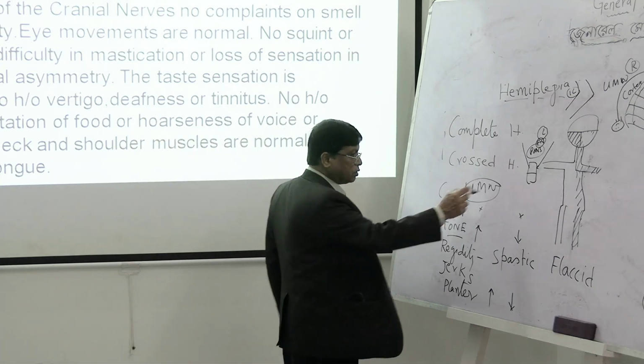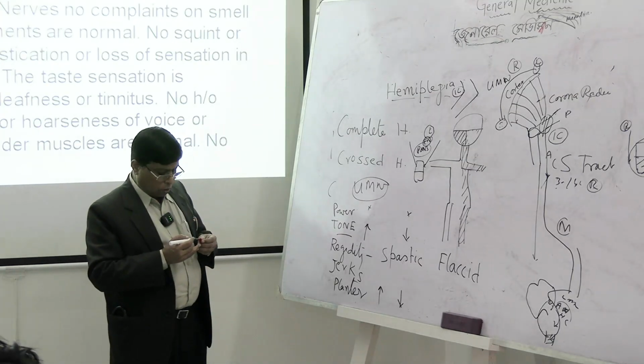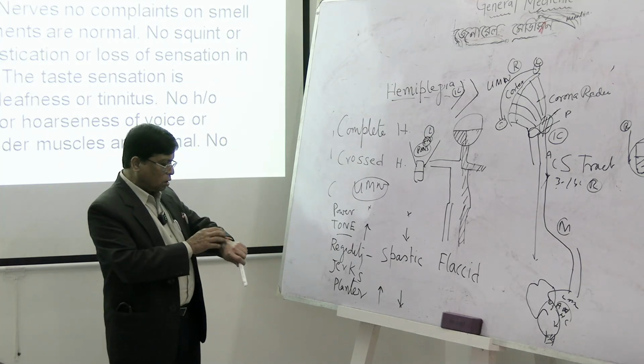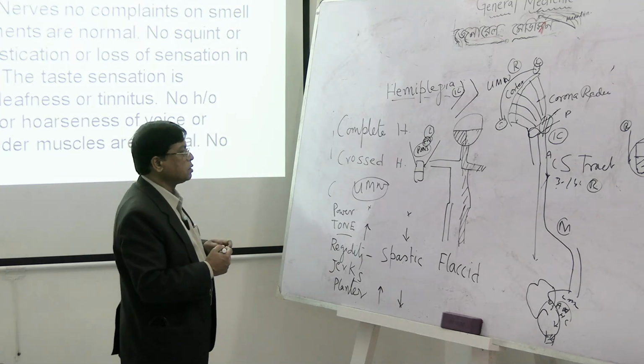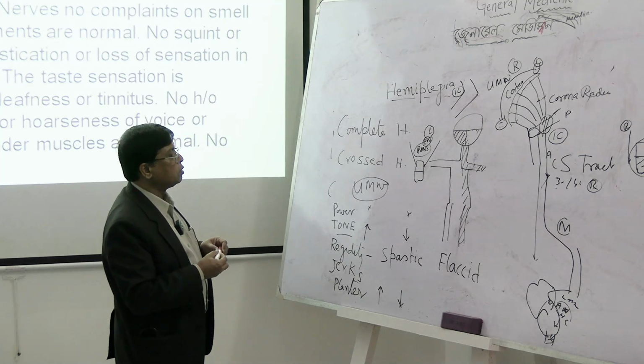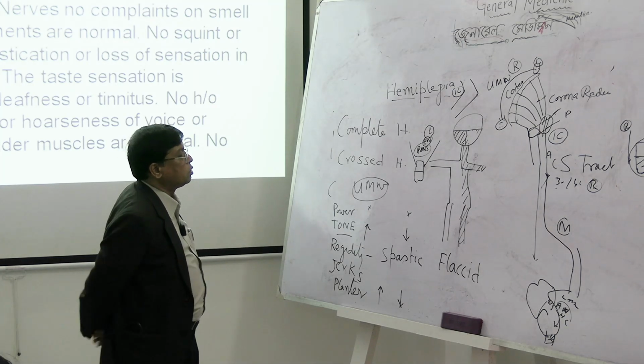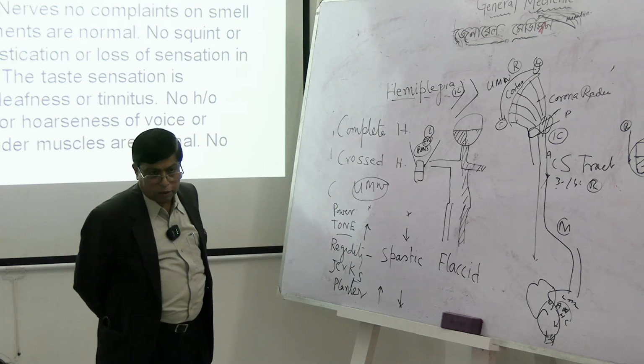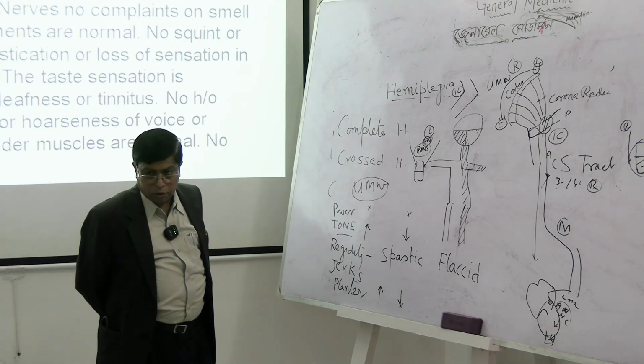So this is the difference between the upper motor neuron lesion and the lower motor neuron lesion. These are the things asked in hemiplegia cases. Now, I have told about the site of the lesion. What are the arteries? These are the common questions asked: what is the site of the lesion, what are the arteries